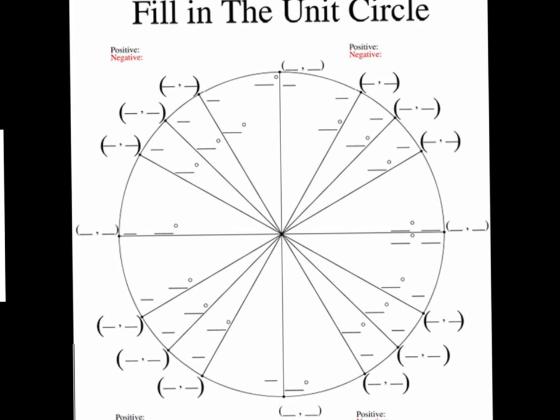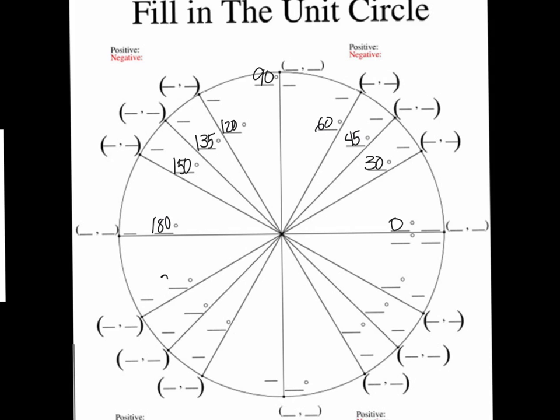We got him back. All right, let's see what we can do with this. We want to start again with 0, 30, 45, 60, 90. Then we're going to go 30 down from 90, so we're going to be at 120. And then we're going to go 45 down from 90. That's going to put us at 135. And then that's going to put us at 150,